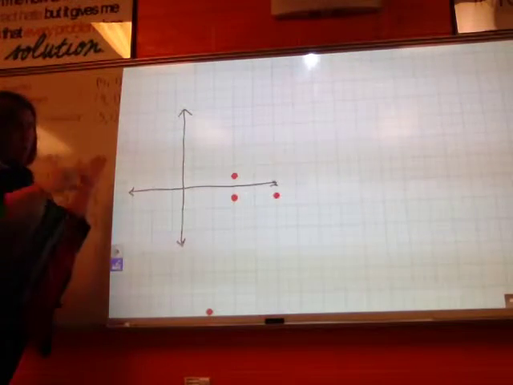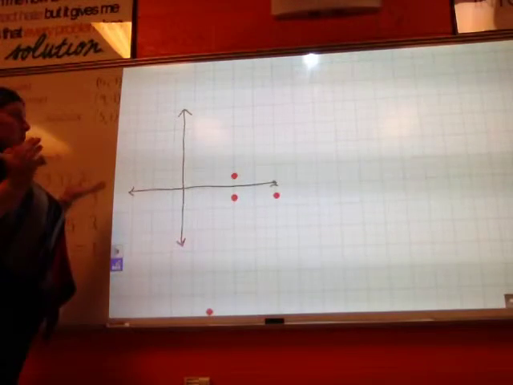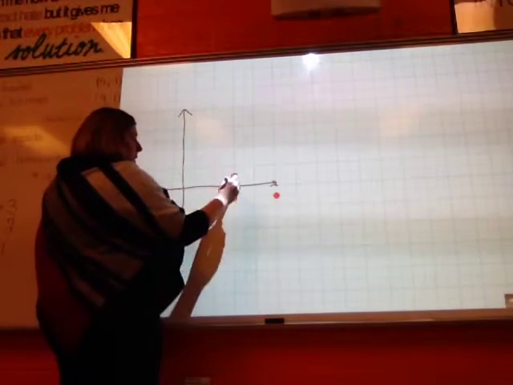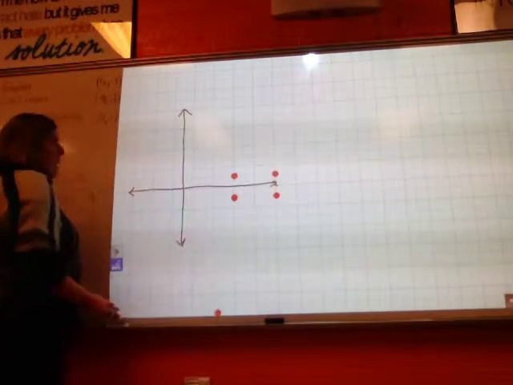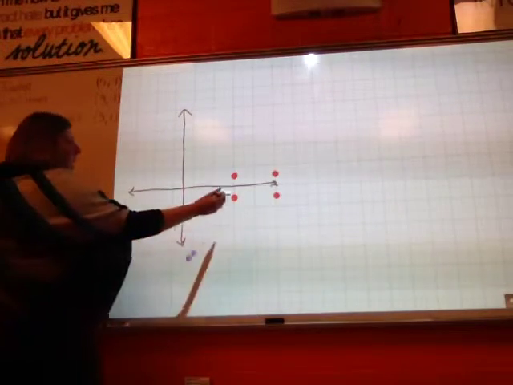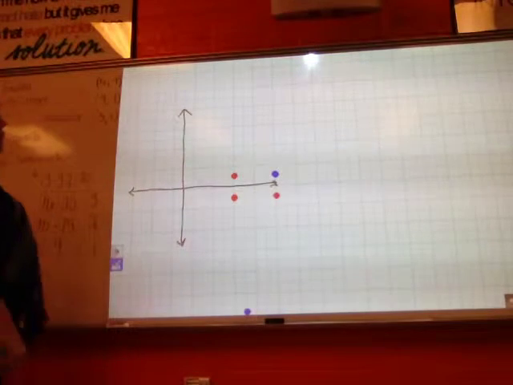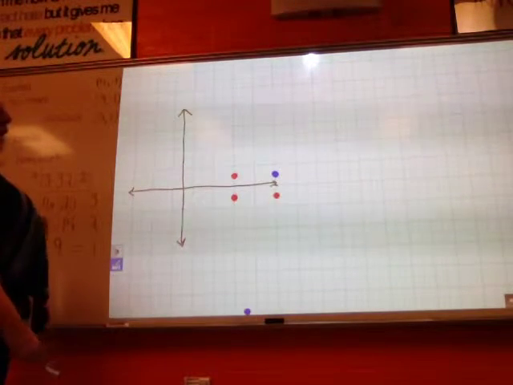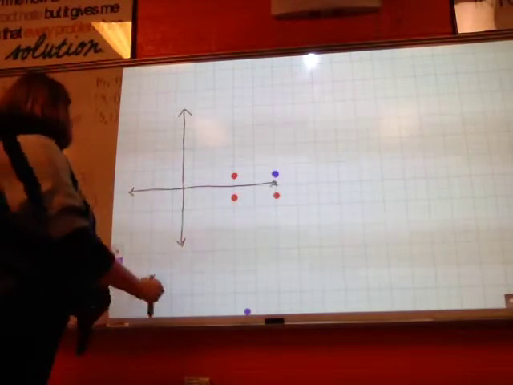Now, a rectangle has opposite sides that are the same, and a rectangle from here to here is the same. So that means that I've got to have from here to here. So that is going to be my other point. All right. So if that is my new point, that has to be the point to complete the rectangle. All right. So the first part of this question asked me to figure out what the point of the fourth